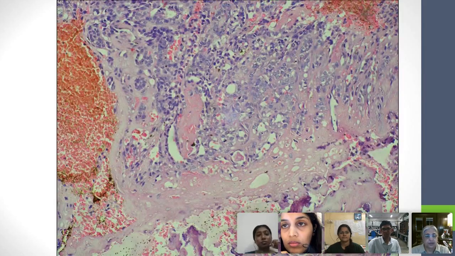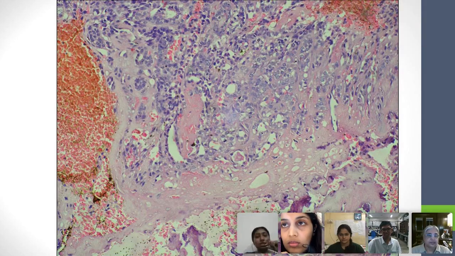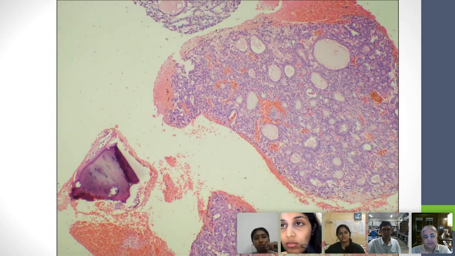Yes, come on now. So we go to the next one. Here, ma'am, these tumor cells are in a tubular pattern, and then they are infiltrating into the bony tissue, and there are areas of hemorrhage as well. All right. So what pattern did you say that you saw in this? Tubular or a duct-like pattern. Everybody agrees that this is a tubular or a duct-like pattern?